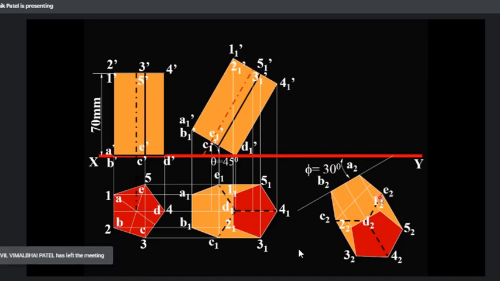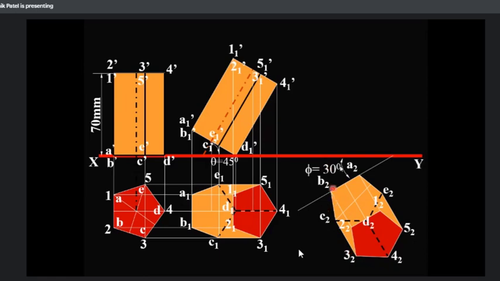Clear? Yes, sir. So if your points in the fourth step are in the anti-clockwise direction, all points in step number 5 should also be in the anti-clockwise direction. The direction of points should remain the same. Now what will you do in step number 5? First of all, we have to transfer the reduced shape at the new angle.